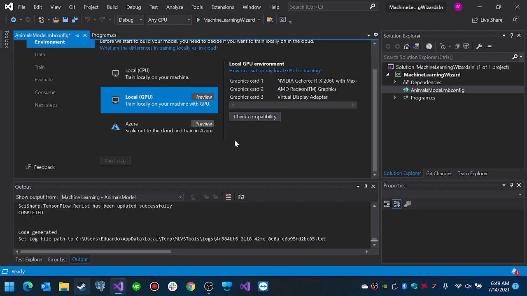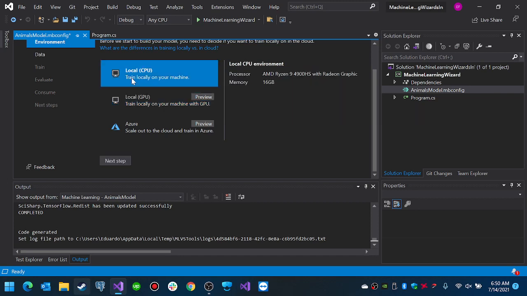Now, I won't use a local GPU because it seems I am getting an exception when I'm using it lately. It seems I am getting the exception when I try to train with my GPU while I am using my video recording software. So I'll choose local CPU instead for now, right? I'll hit next step,